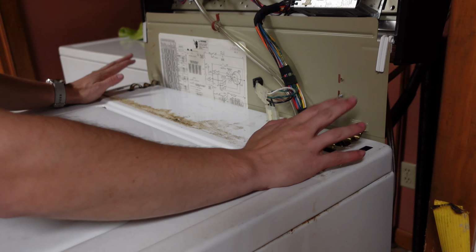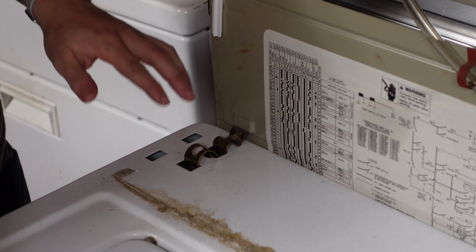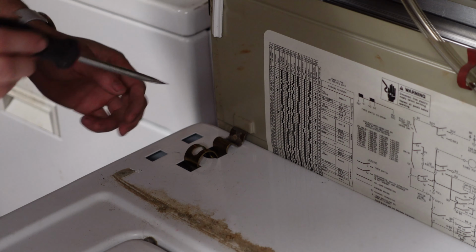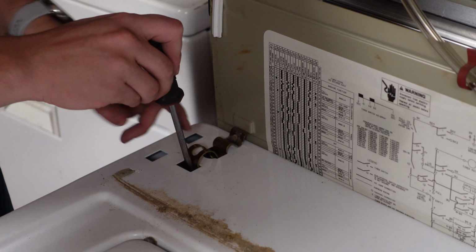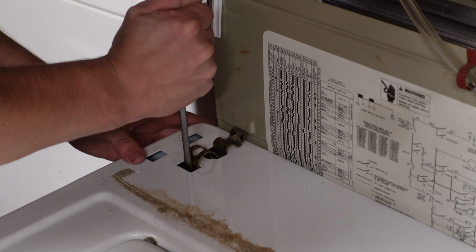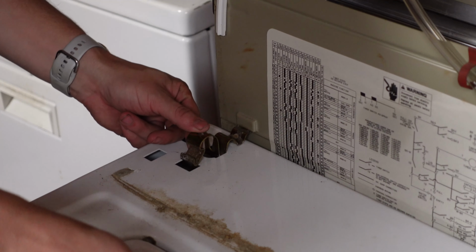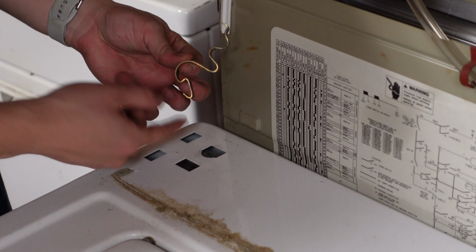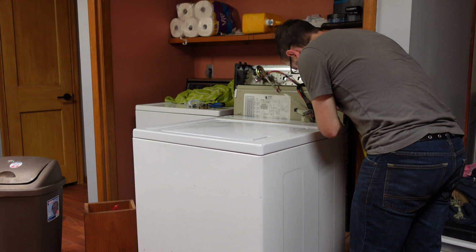What we do care about is these guys. So this is actually a really nifty latch that holds the entire white part onto the rest of the washer. So flathead screwdriver down in here. You can see there's a place for it. You might not be able to see this camera angle, but all you do is push down a bit and lever that, and this catch will come out. And you can see how that was fitting in there. This was just catching on the bottom of that lip. Super easy. Once I do that to this side,